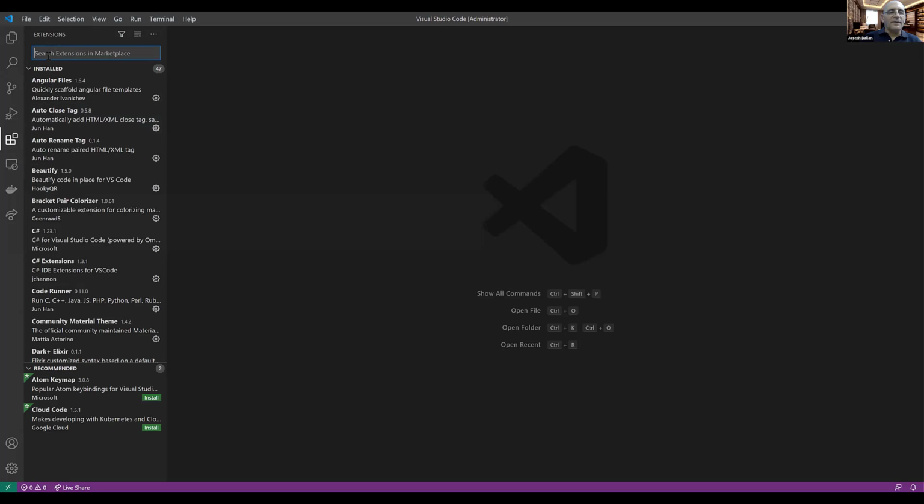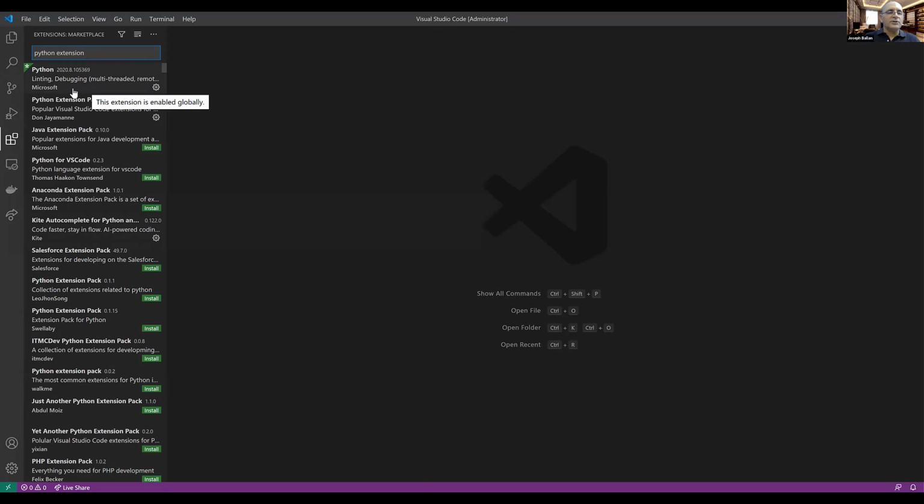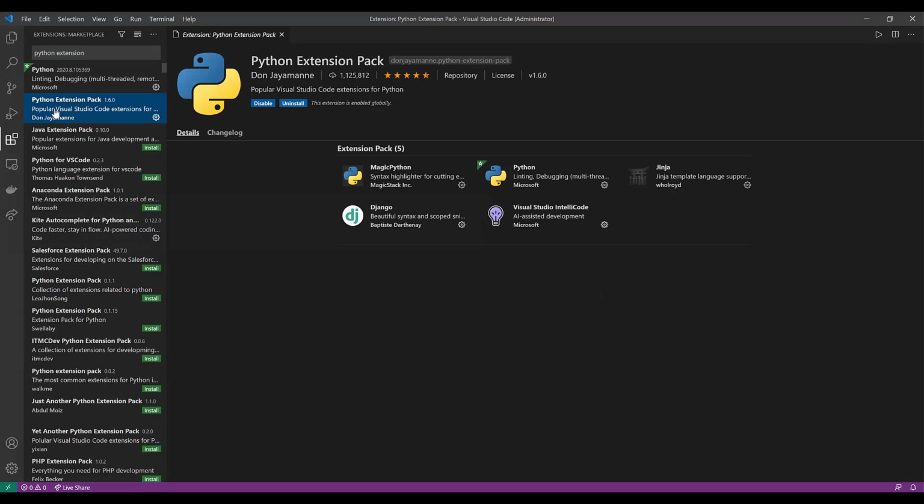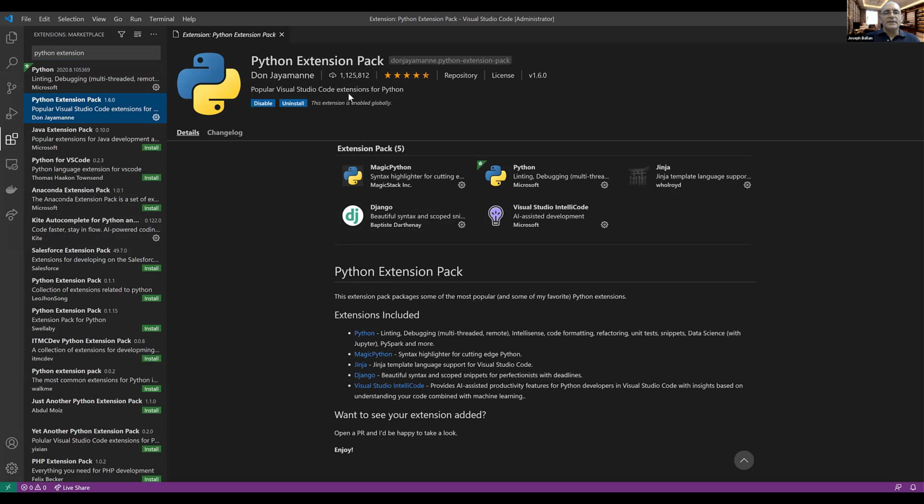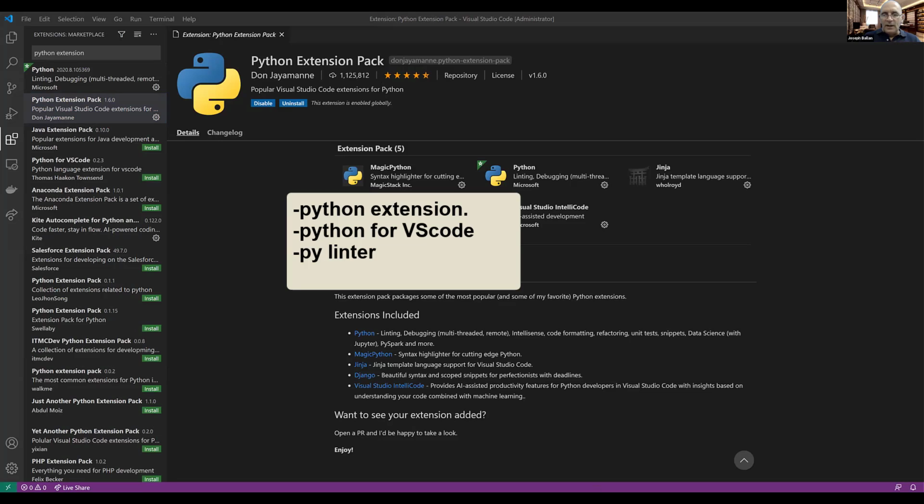Within the extensions, we need to install 3 extensions. The first extension is called the Python extension. We can type here Python extension. And this is the Python extension. As you can see here, a lot of people download and install it. This extension allows us to work easily with Python and build a